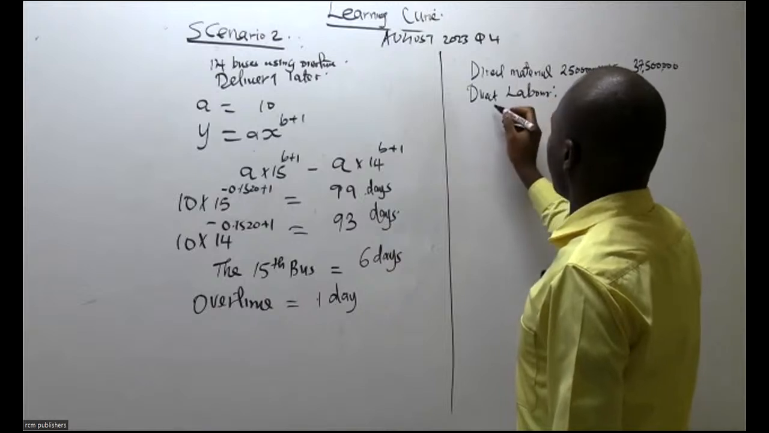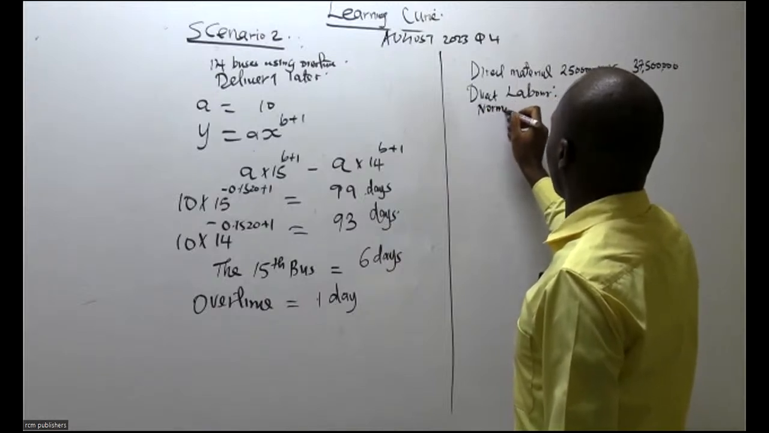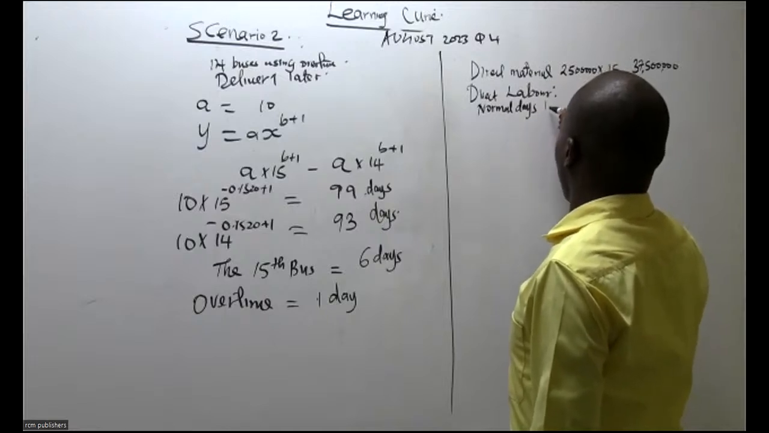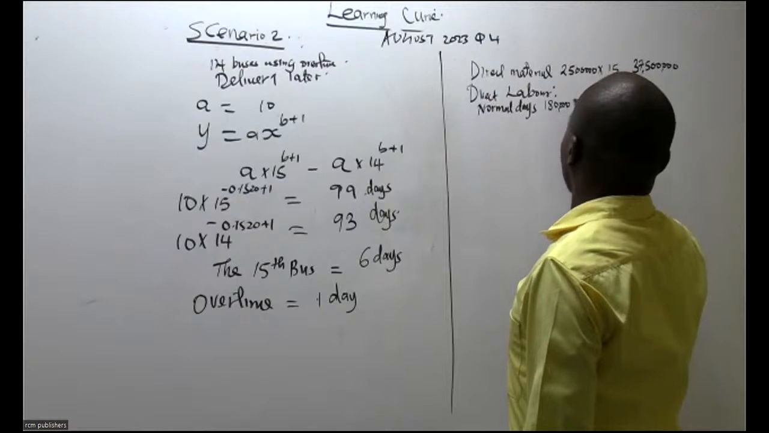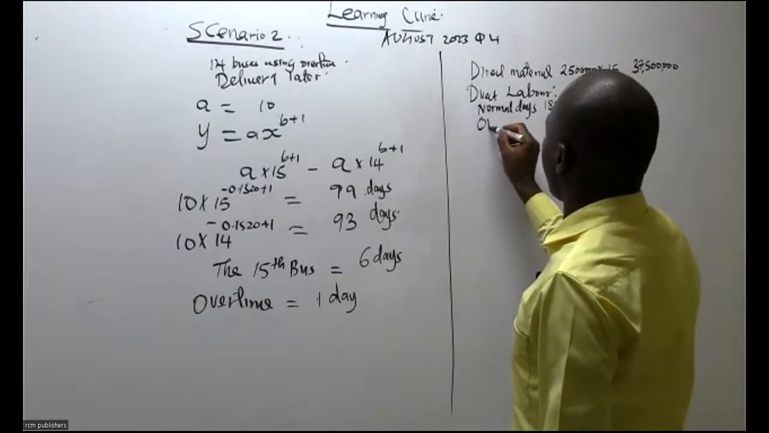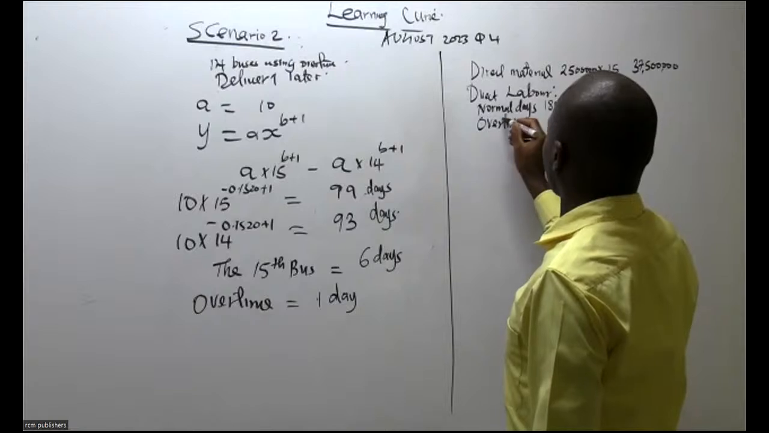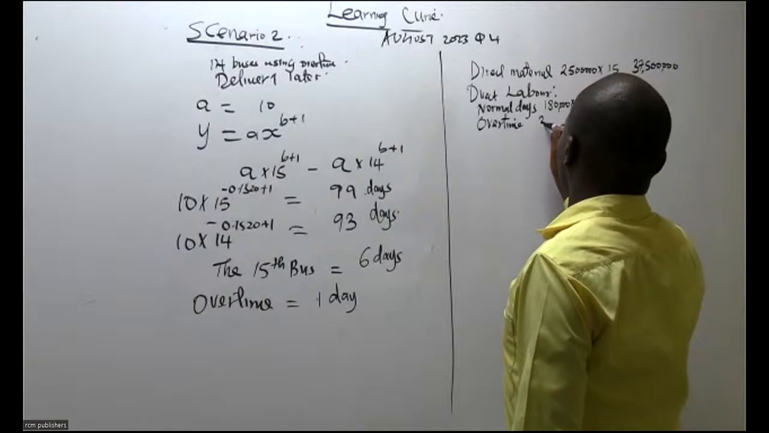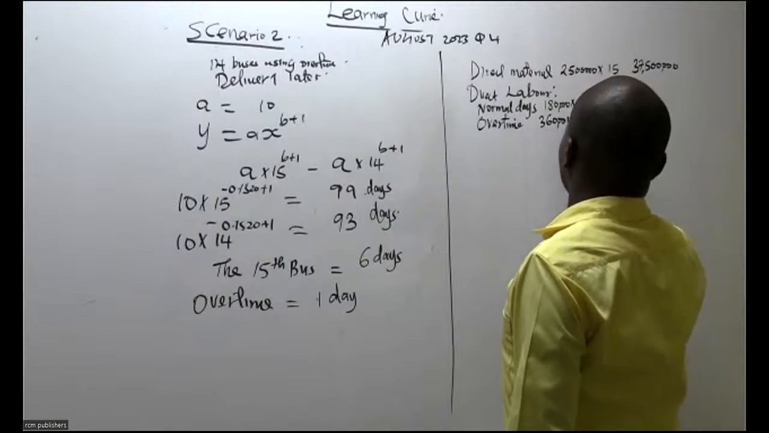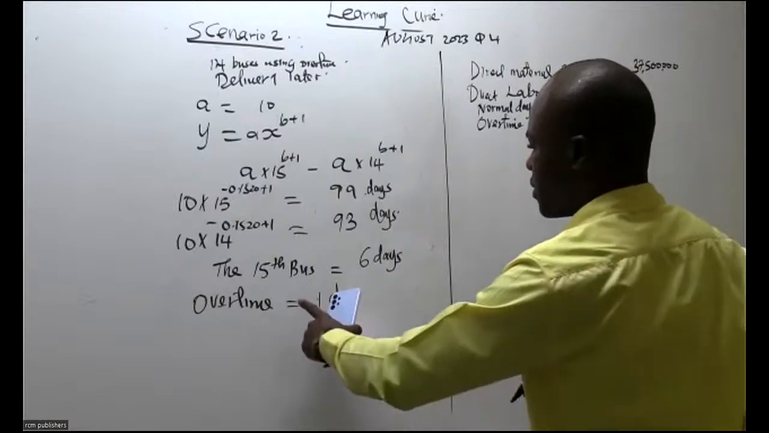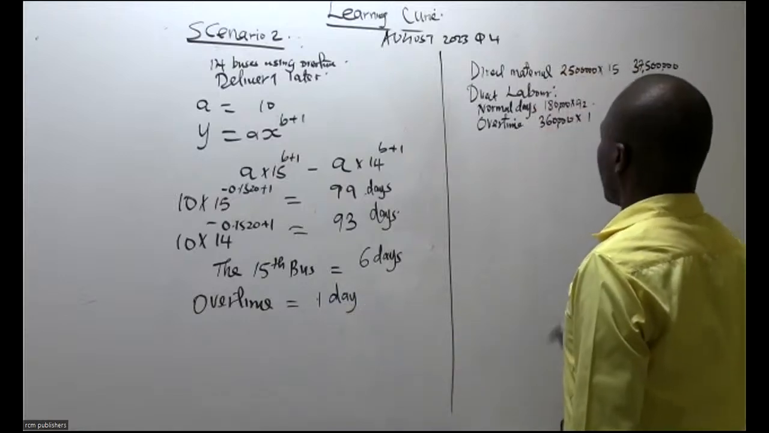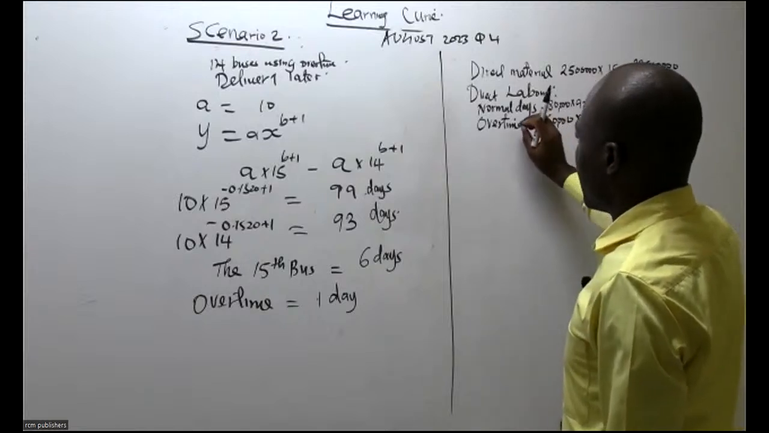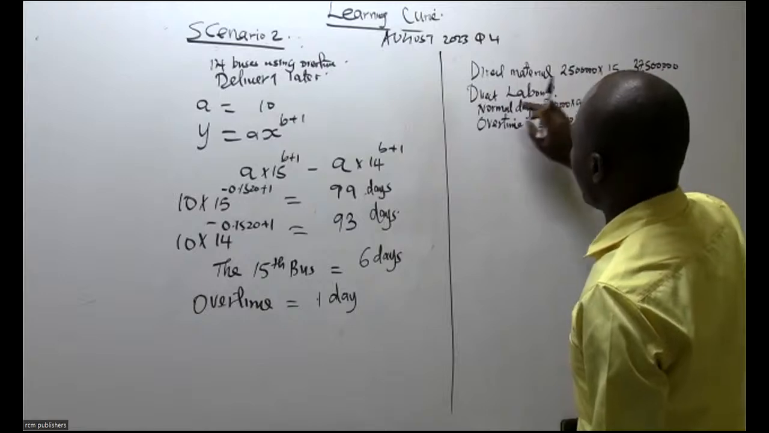After direct material, I need direct labor. My direct labor is divided into normal days, which is equivalent to 180,000 by the normal days. Then we have overtime, which is equivalent to 360 times the overtime number of days, which is 1. Having done that, remember this cost that we are incurring here, the direct labor,